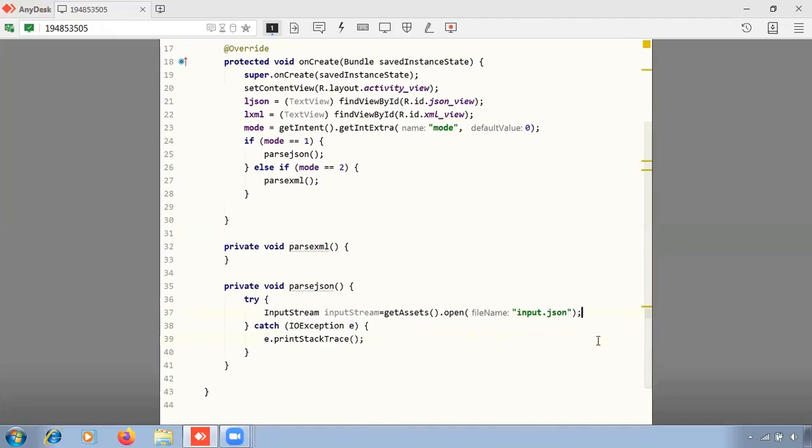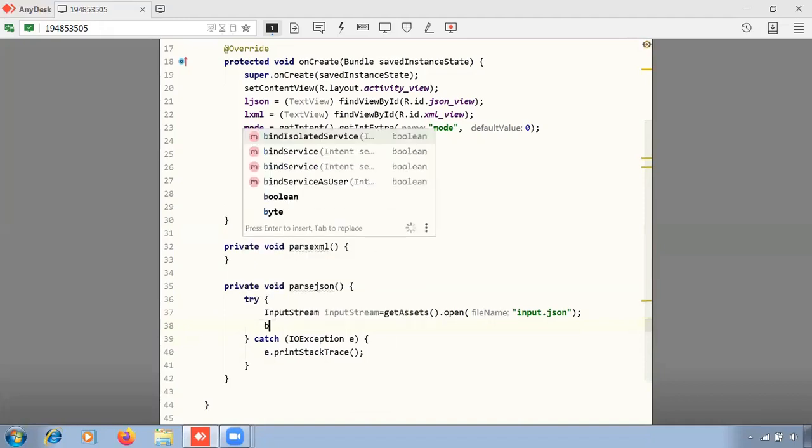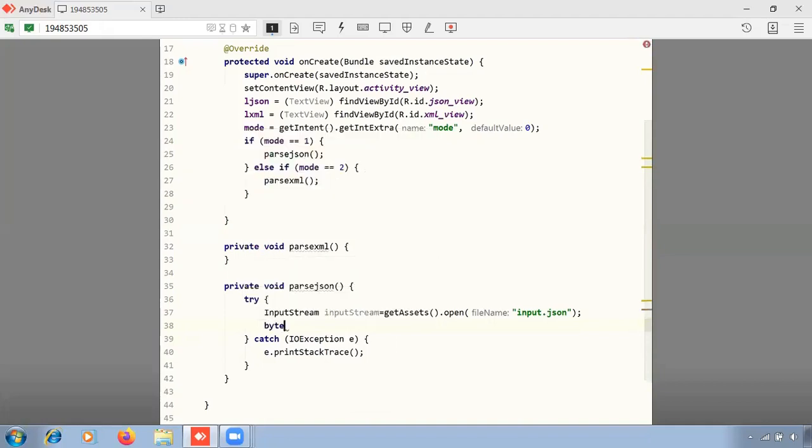And next, once we have opened the file successfully, we will put whatever data there is in the input stream into a byte array. So for that, let me create a byte array first. I will give the name as data, which is equal to